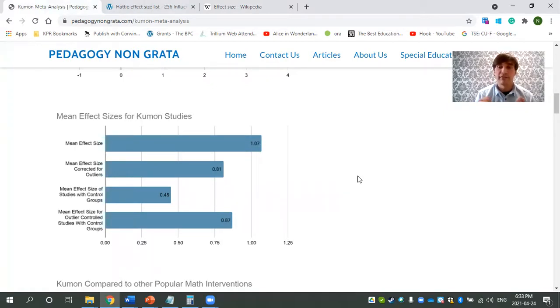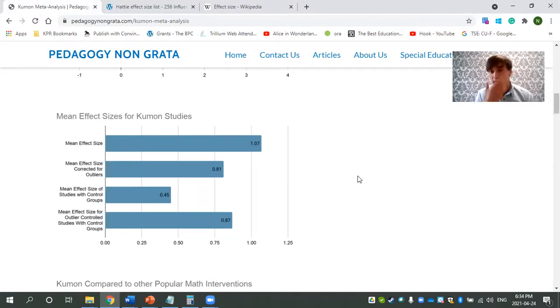oftentimes I think it's best not to look at education studies in a vacuum, even within the context of meta-analysis, because there's so many teaching factors out there that exist. There's hundreds of teaching strategies you could choose from. And every scholar I've ever interviewed on my podcast maintains that their teaching strategy is amazing and every teacher should use it, but teachers don't have time to do that. So the question then becomes, well, which ones do we use and how do we know which ones we can